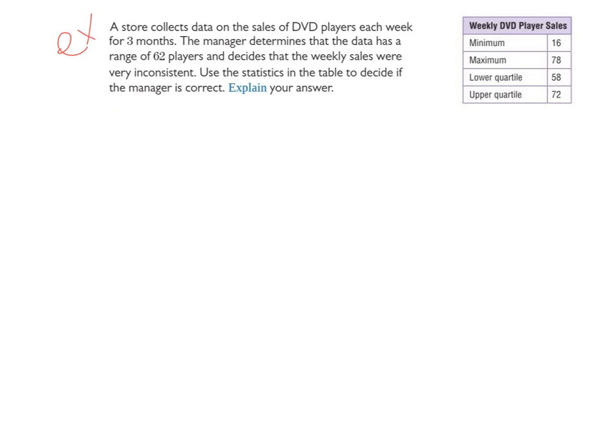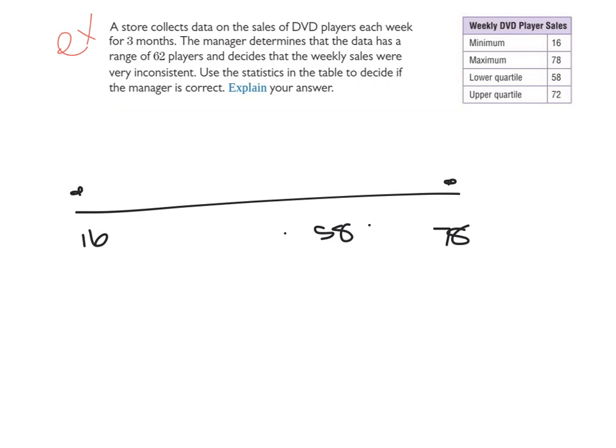Okay? So what I'm going to first look at is that in one week, the lowest number of sales was 16, and on another week, the upper number was 78. But take a look at this lower quartile, 58, and upper quartile, 72. So most of the sales, I'm just going to draw a little diagram to show you. We had a 16 and a 78 as our whiskers. But most of the sales fell in between 58 and 72. Most of them are right in there. Okay? So if you can see, it looks like they had just one bad week. So I would say the manager is incorrect